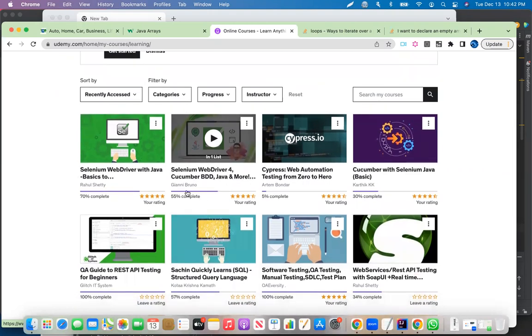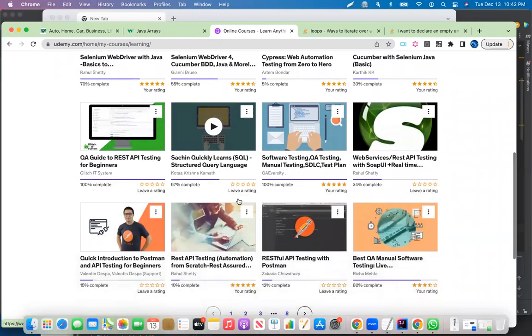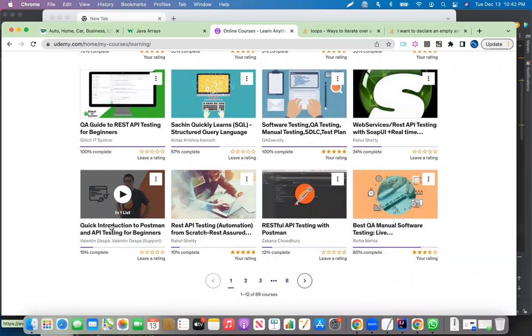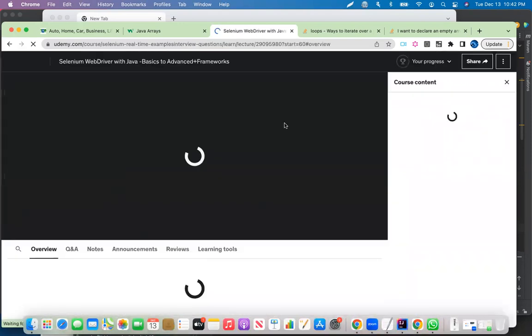But if you feel like, you know what, I want to do the basics, so this is another one, right? Selenium WebDriver with Java, and many more, right? We're also going to learn API testing. And then you have the basic Cucumber with Java. So I would say if you focus on this one, like this course right here,